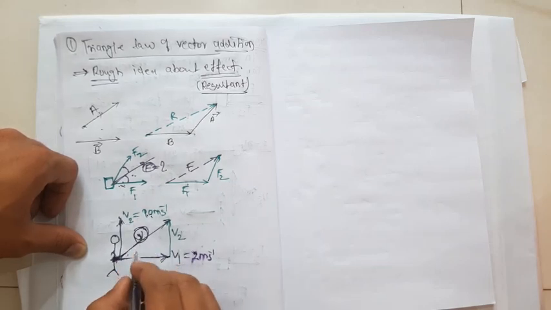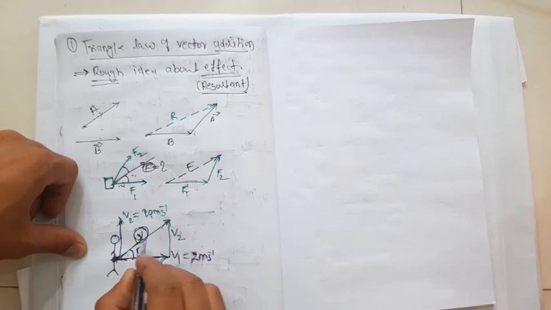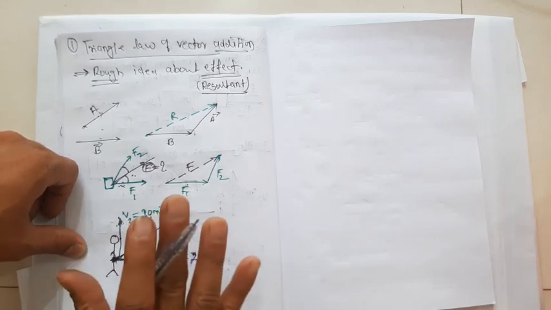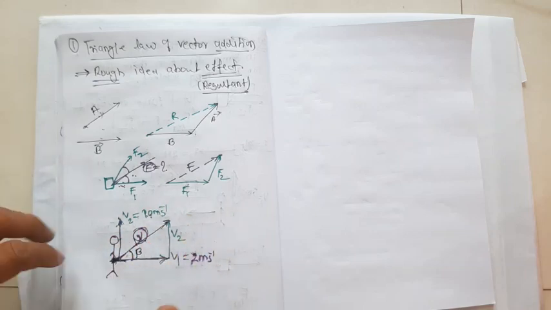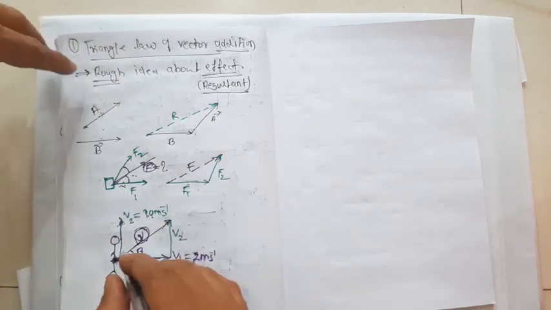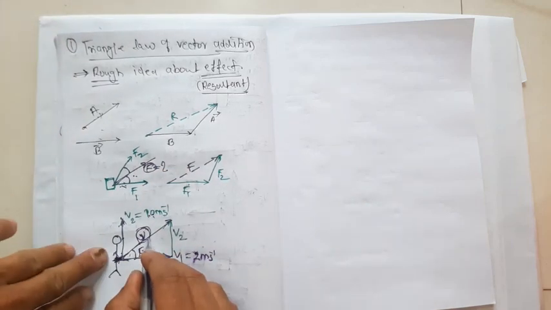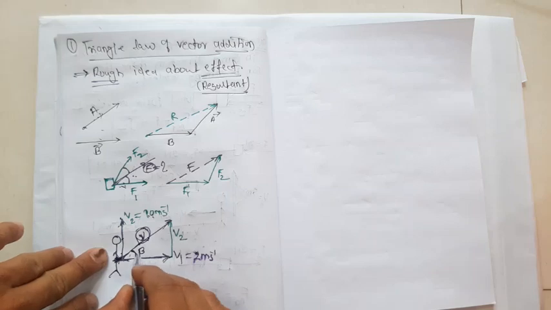If you get the value of v, then what will be the angle beta, meaning from v1 how much angle it makes, from v2 how much angle it makes. So that's why this vector triangle law will give you only a rough idea regarding in which direction it will move. To calculate this v and the direction, meaning the angle, we need more.